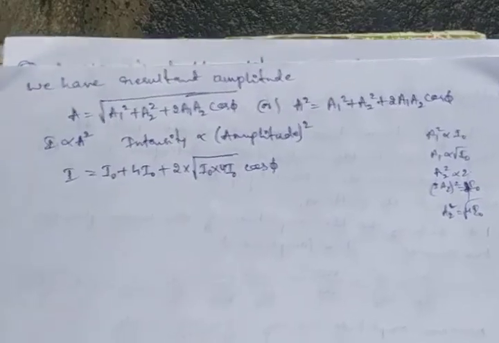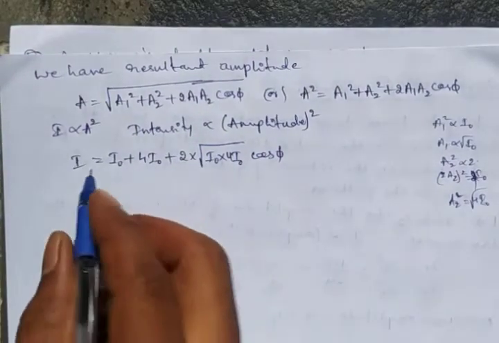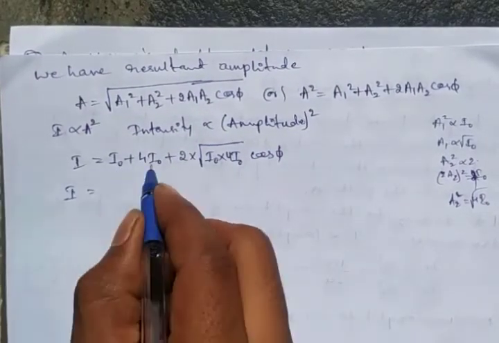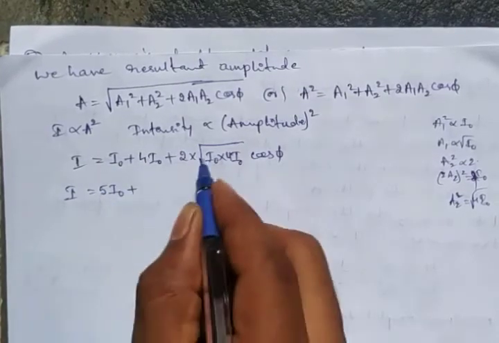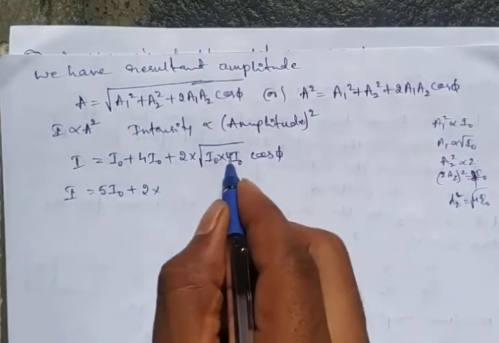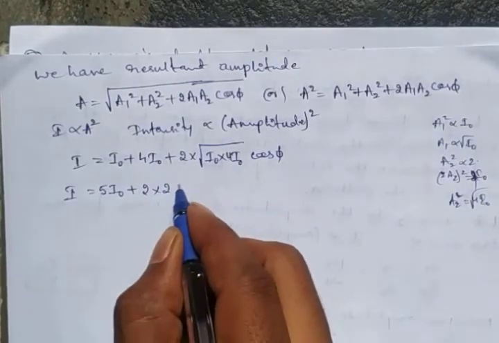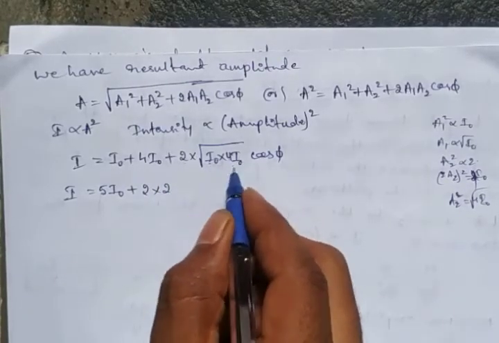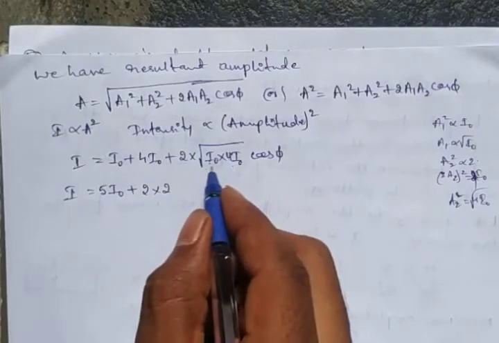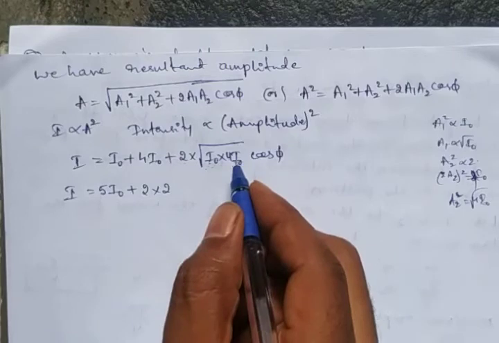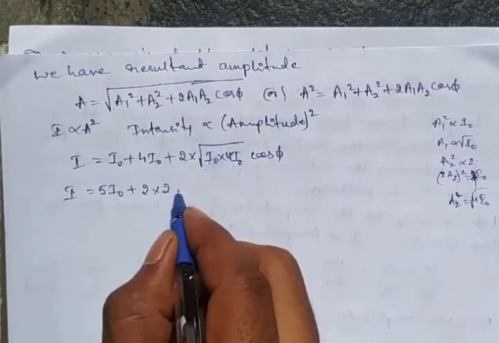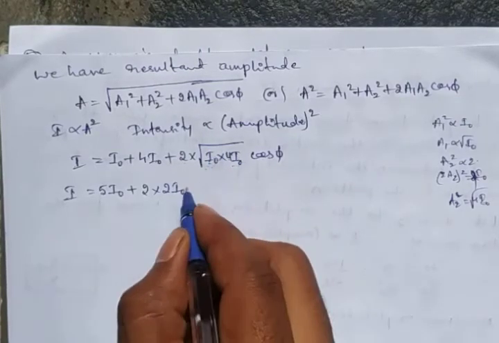Okay. Next, now look: I is equal to I naught plus 4 I naught, which is 5 I naught, plus 2 into the square root of 4, which is nothing but 2. I into I is what? I square. I into I is nothing but I naught into I naught, which is I naught square. The I naught square and the square root get cancelled, giving I naught into